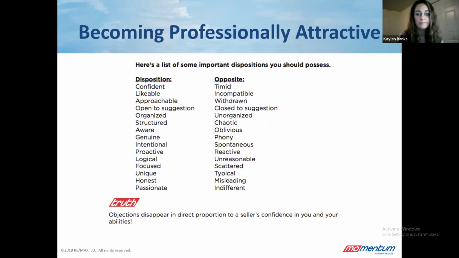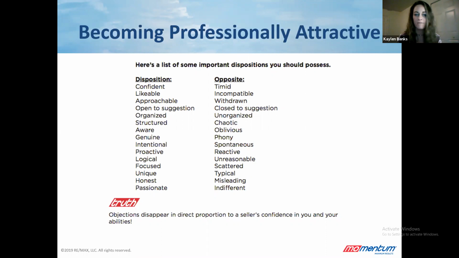What'd you say, Jess? Tom Lime's got a suit on every time you see him. Looks great. He wears it all day, every day. Yeah, Tom Lime is a great example with his suit. But like Jason said, we want to be professionally attractive because we are professional consultants. I mean, this is a business, no different than doctors, lawyers, anything that we compare our industry to. We want to have those same principles. The more professional and mindful we are, the better chance we have of getting that listing. So it is important to look through these dispositions and make sure that you're adopting them.